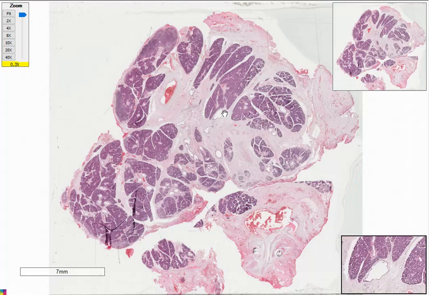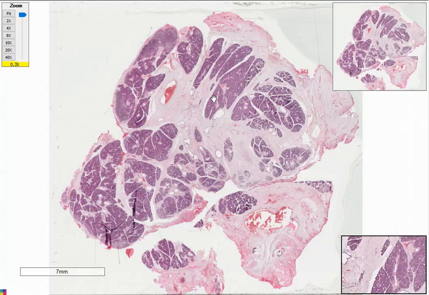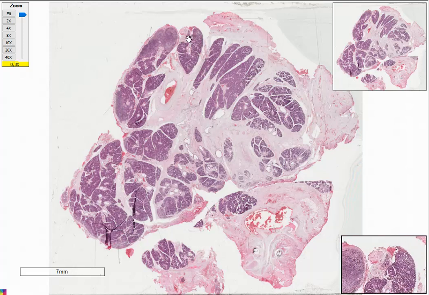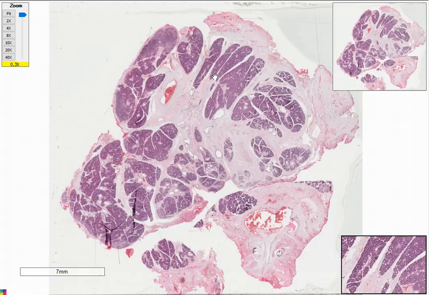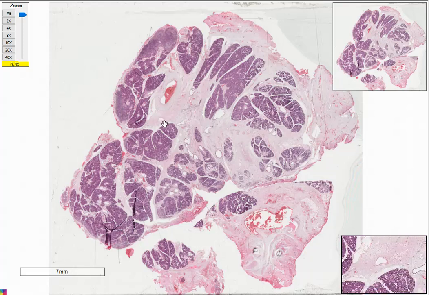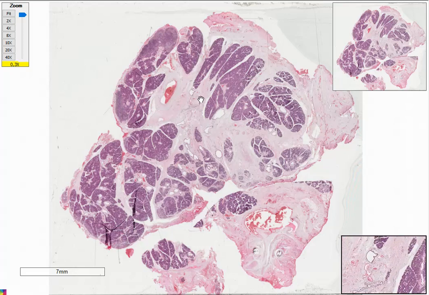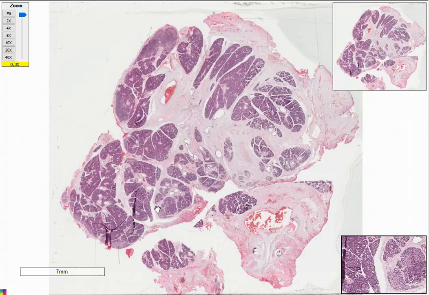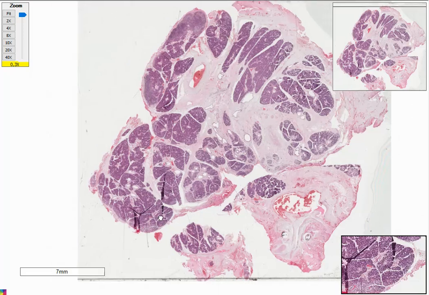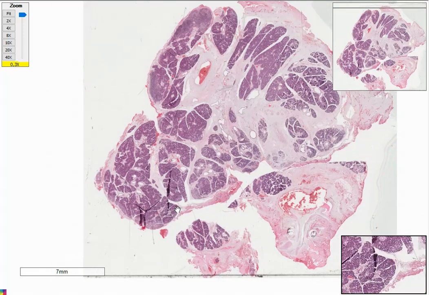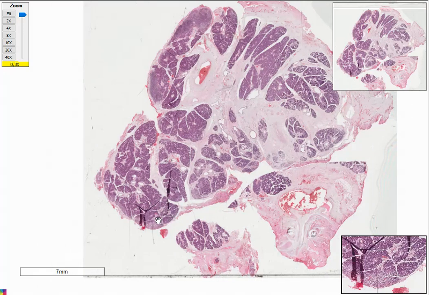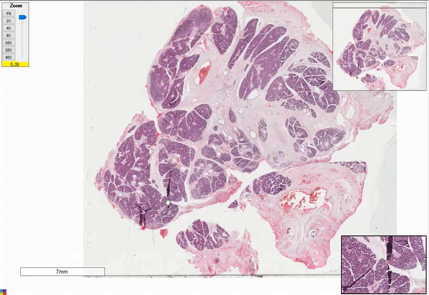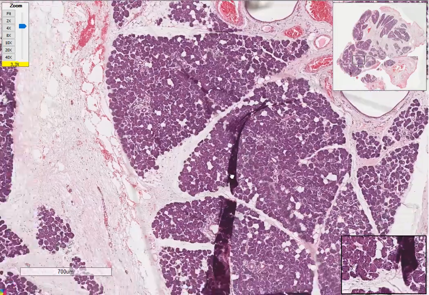So here we have a low power image of the parotid gland, and it's lobulated. As you can see here, these are lobules. This is a lobule, another lobule, and a lobule here, and they are divided by connective tissue, which we call septa or fibroconnective septa. Each lobule is divided by a fibrous septa, and when we zoom in as we go to higher power,